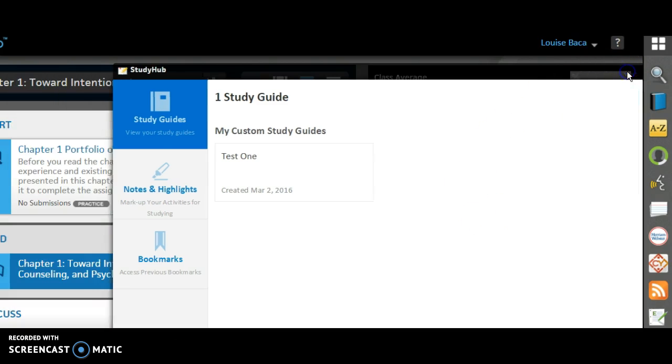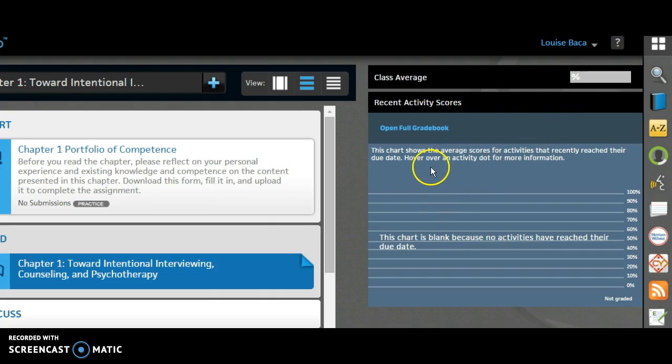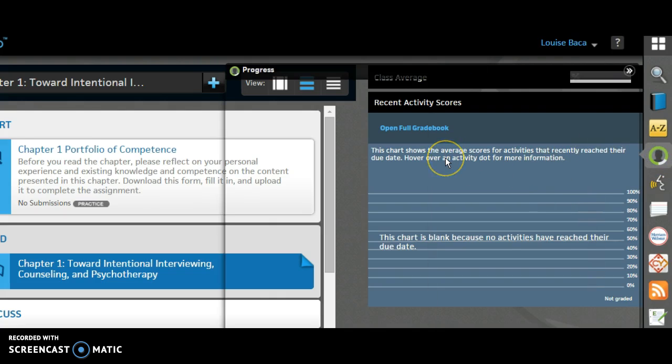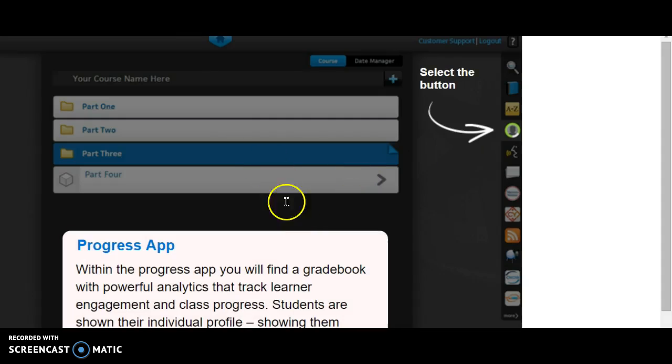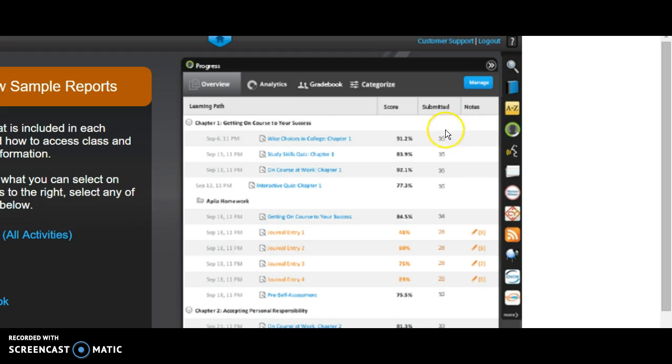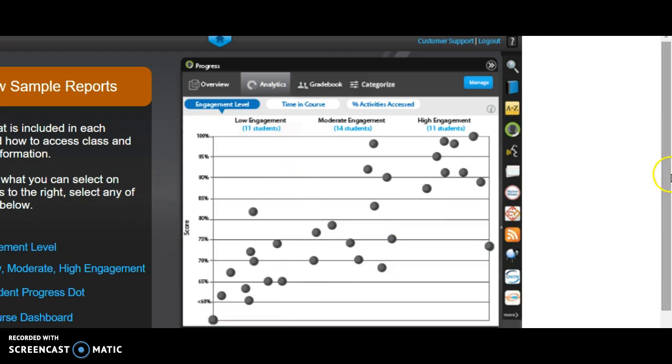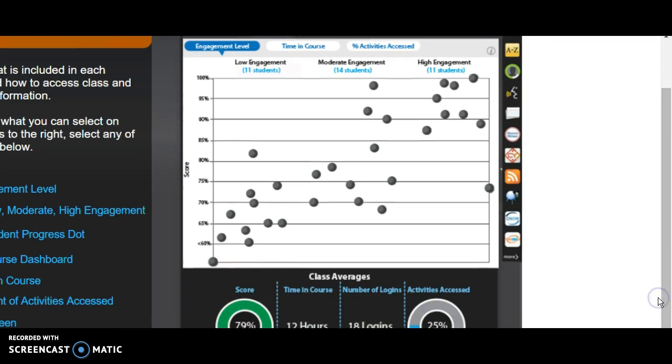So I'm going to close this part out here. And there's also a gradebook and an engagement tracker. With the engagement tracker, obviously we don't have anybody in the class, but it shows what they've done in the course, how engaged they are, and you can compare that with other students in the class. So again, there's nothing in here, but if I scroll down here, you can see here